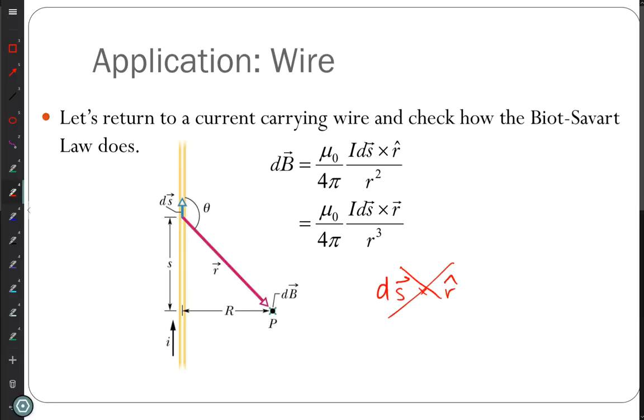So let's not use ds cross r hat. What you said was the r component. So let's do ds cross r vector. This is where we see why the two forms are both written, because sometimes it's easier with one, sometimes it's easier with the other. Because as Jonathan just identified, ds cross r vector is going to be constant because it's